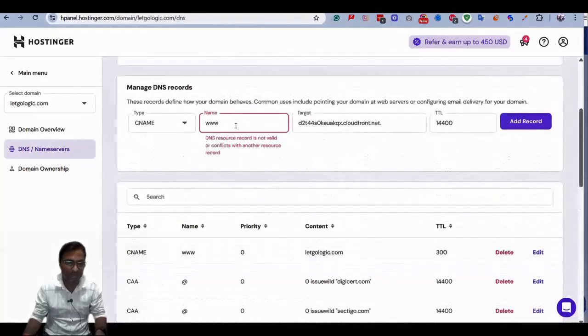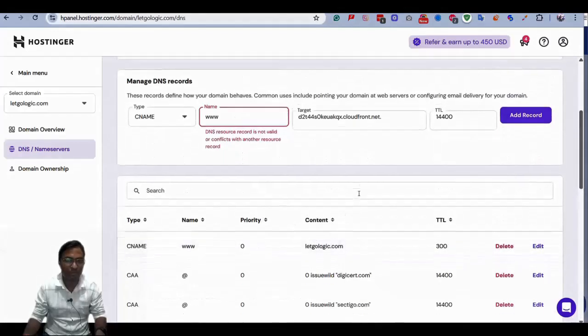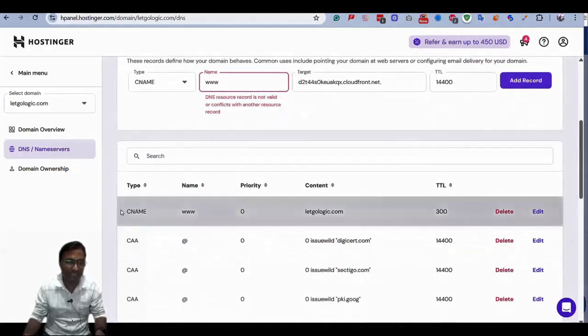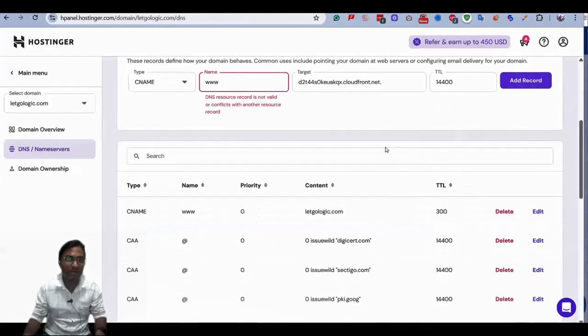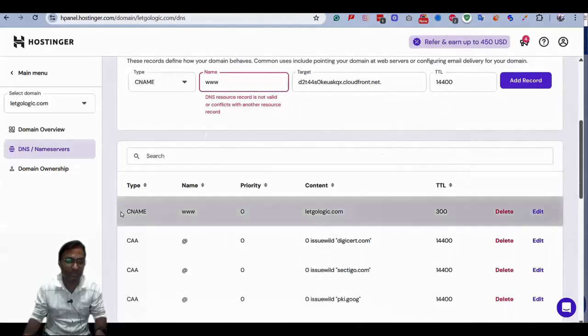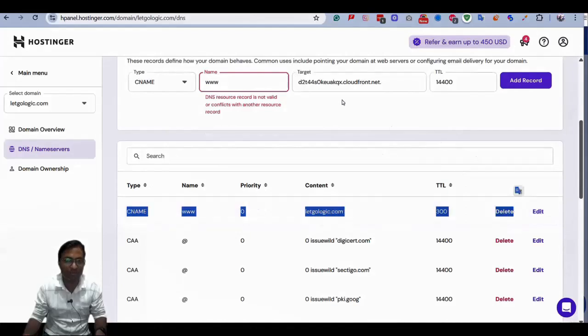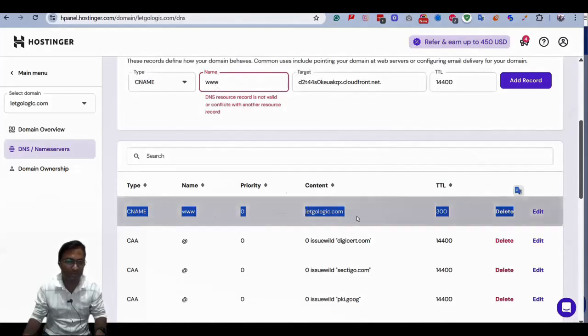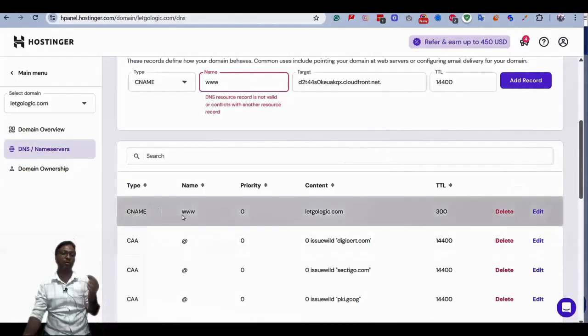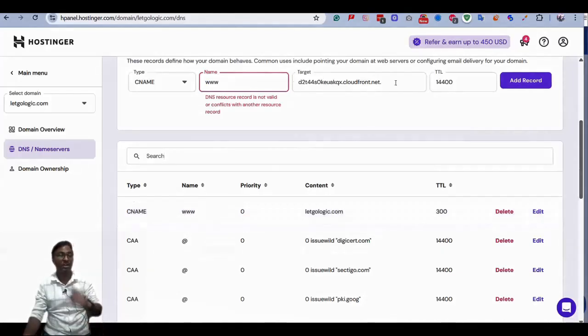So because of that reason, it's not working. So what you have to do is simply delete this CNAME record. This won't make any other changes, but once we delete this CNAME record, the new one will be able to be added at this particular place. So just delete the CNAME record if you already have one in your registrar, because it won't let you add your new CNAME record which you are getting from the